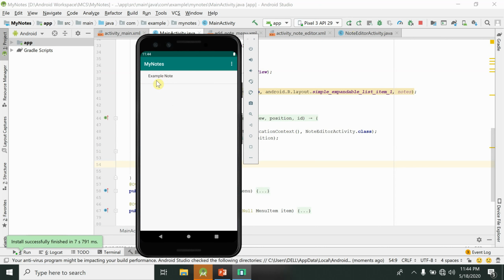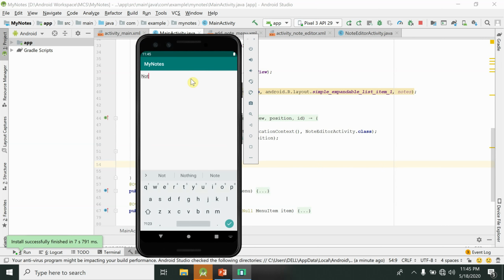So far our app works like this. You have first the example note. This is just an example. You can add more notes by clicking on this add note button, and if you click here, let me say this is note 1, and let me click here and let me go back. So you have added note 1. So I'm going to add another note.